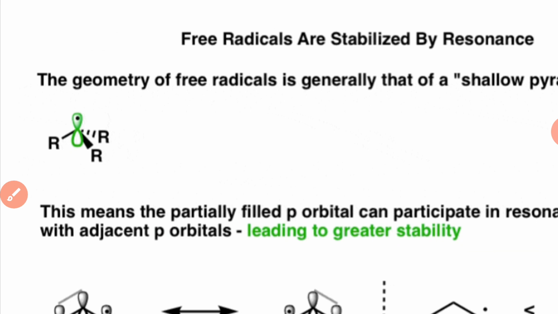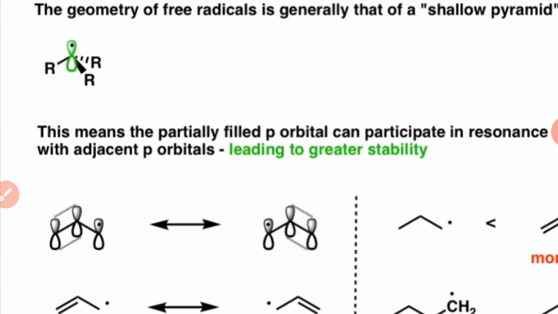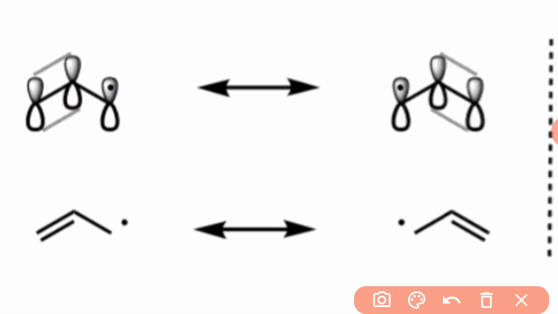This means that the partially filled p orbital can participate in resonance with an adjacent p orbital, leading to greater stability. Whenever there is a delocalization of electron density with the free radical, it is definitely going to stabilize it. Let's have a look at this picture,